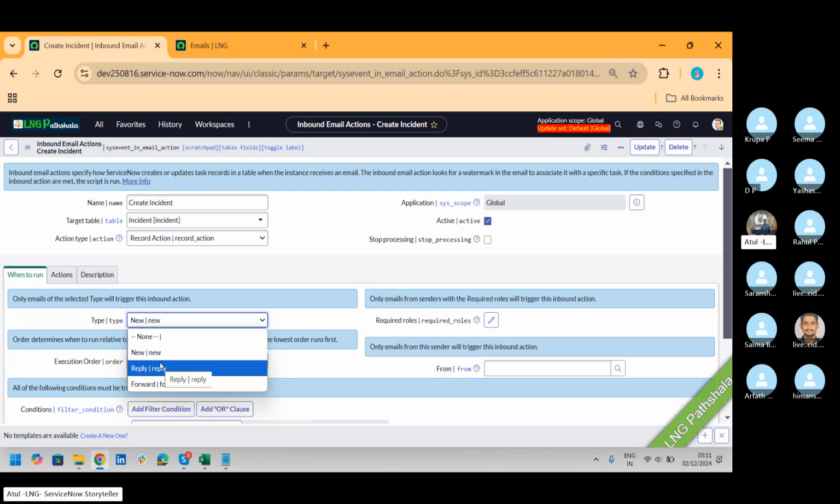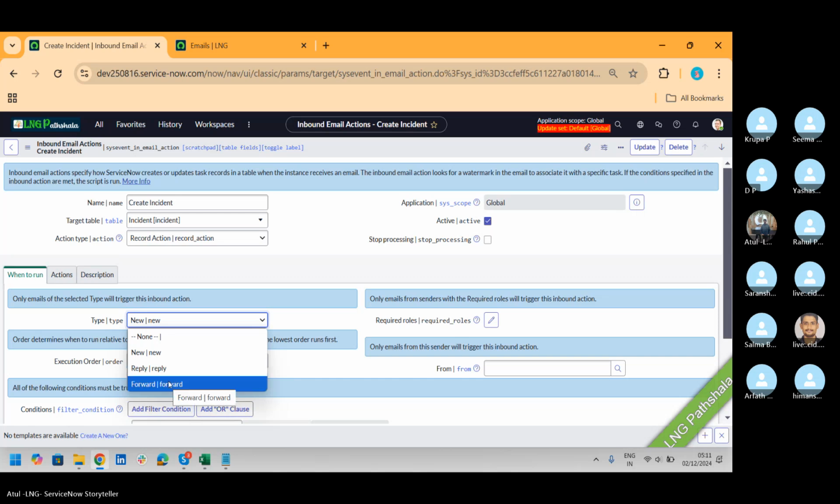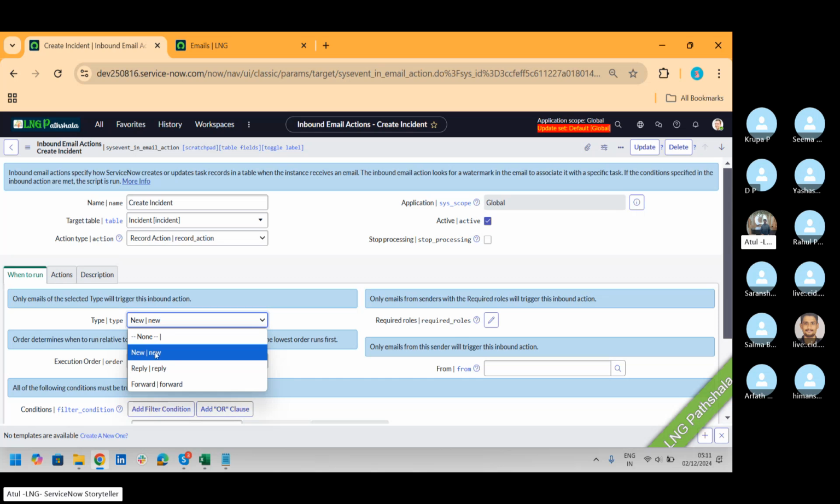RE, FW, declined, accepted. If nothing is in the subject, it considers it new. If RE is there, it considers reply. If FW is there, it will consider it a forward. So we are taking the example of new. Okay. Now